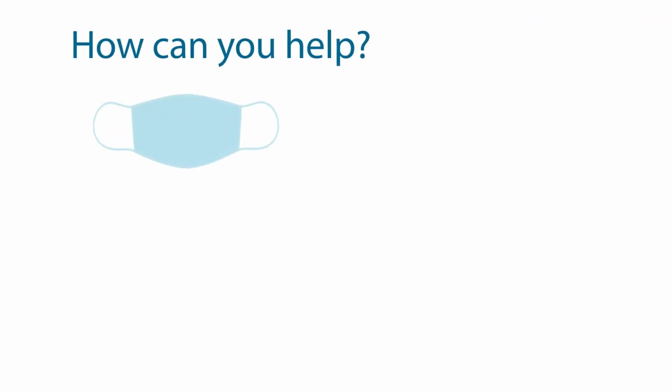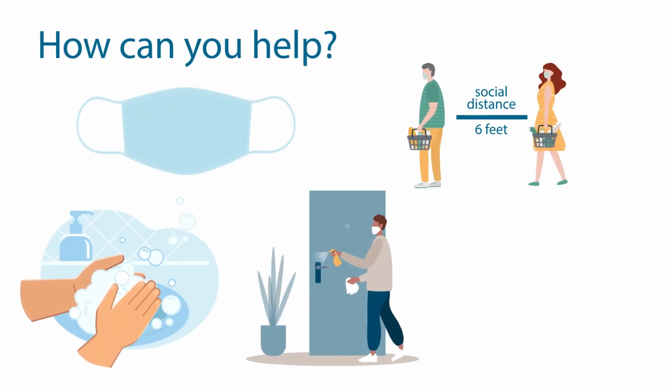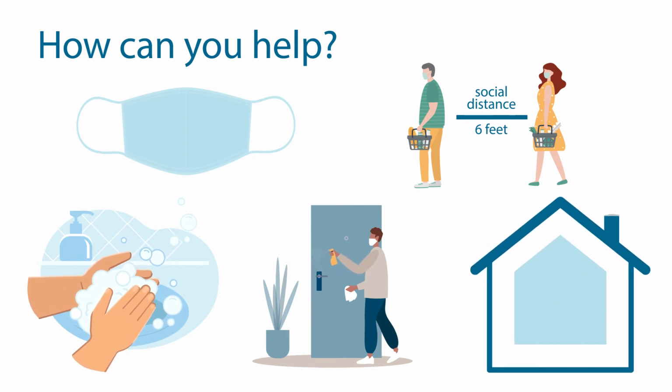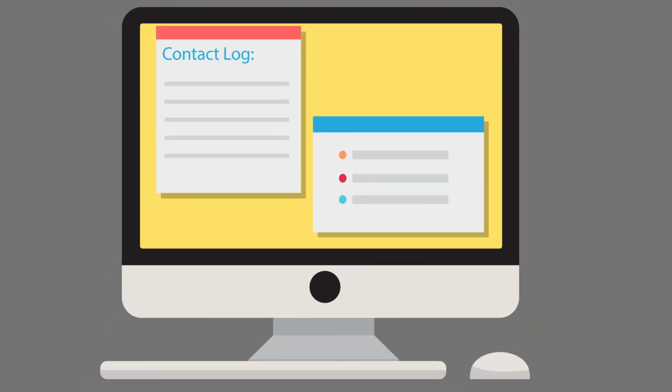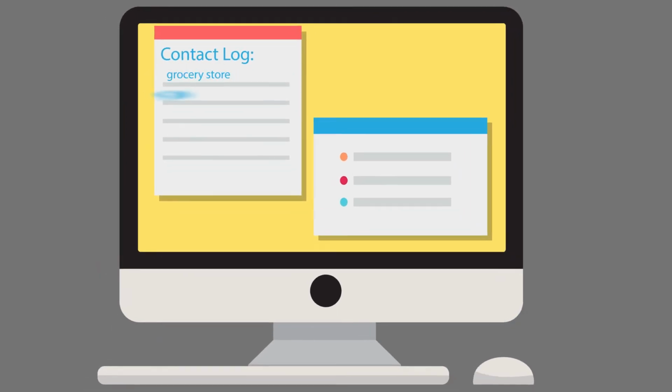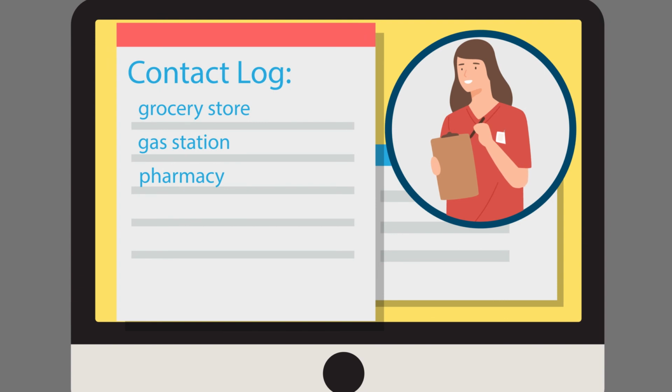How can you help? Wear a mask, practice social distancing, wash your hands often, sanitize common surfaces, limit close contact with those outside your household, and when you're around others, it helps to keep a log of where you've been and who you've been in contact with. If you do happen to contract the disease or are in close contact with someone else who contracts the disease, your notes will provide medical professionals at the Department of Public Health with the kind of detailed information they need to mitigate the spread of this